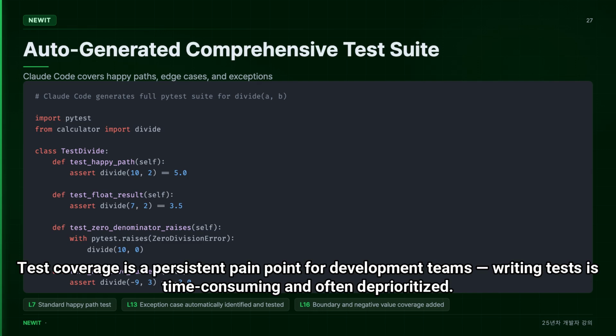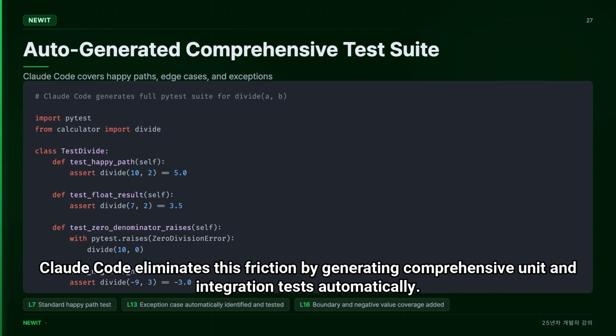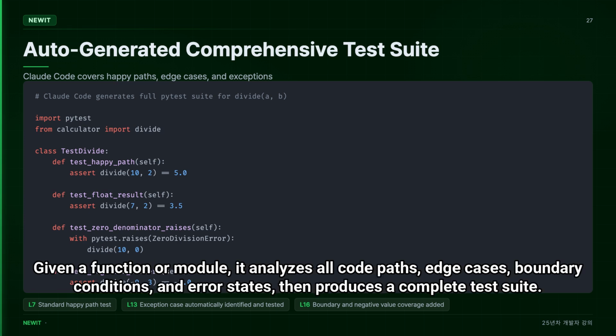Test coverage is a persistent pain point for development teams. Writing tests is time-consuming and often deprioritized. Claude Code eliminates this friction by generating comprehensive unit and integration tests automatically. Given a function or module, it analyzes all code paths, edge cases, boundary conditions, and error states, then produces a